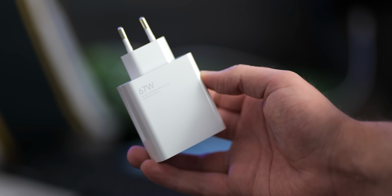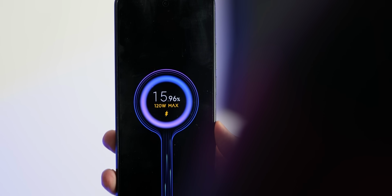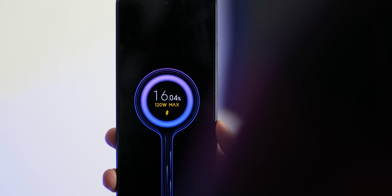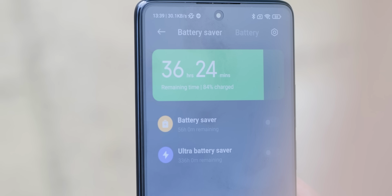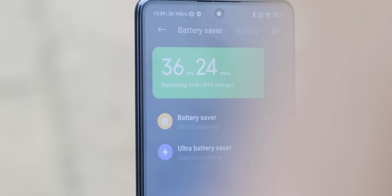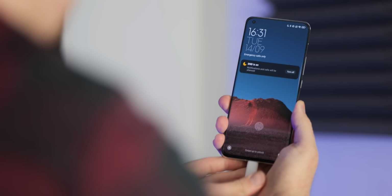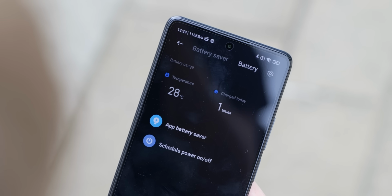Not having wireless charging on the 11T Pro is disappointing, but when you can go from 0 to 100% battery in just under 18 minutes, it will definitely alter your charge habits quite drastically. Another thing to note here is that both devices do include an in-the-box charger, and although the Mi 11 Ultra does support 67W wired and wireless charging, the in-the-box power brick is only rated at 55W. With that, you're looking at around an hour to fully charge that 5000 mAh internal cell from 0%. This is still great for such a large battery, but it does pale in comparison to the 120W charge speeds